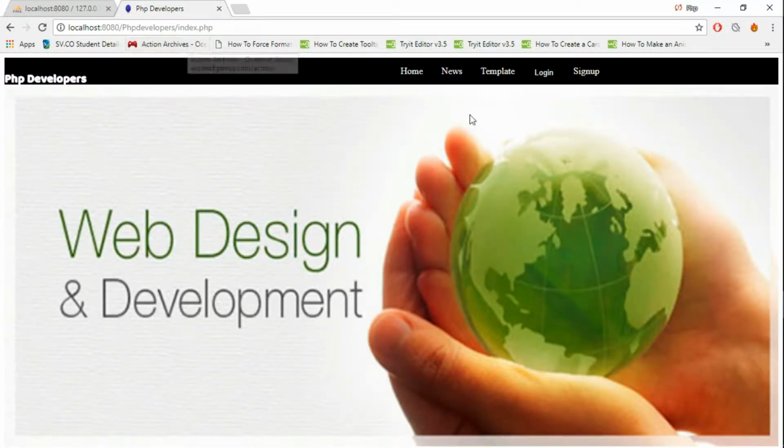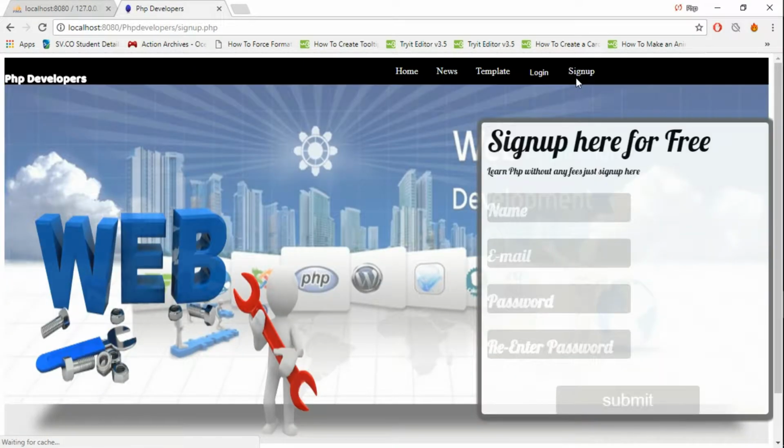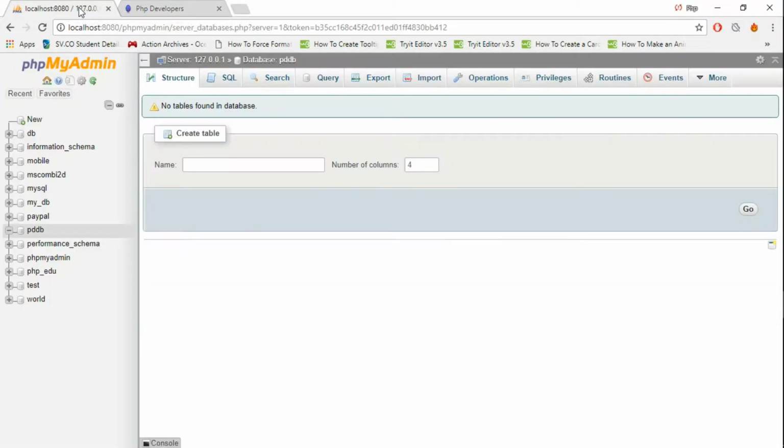Here I am opening my site and then we will go to sign up. So we can see here name, email, password and re-enter password. So there are three fields basically: name, email and password. We will use 4 columns, that is one for ID, one for name, one for email and one for password. So let's name it admin